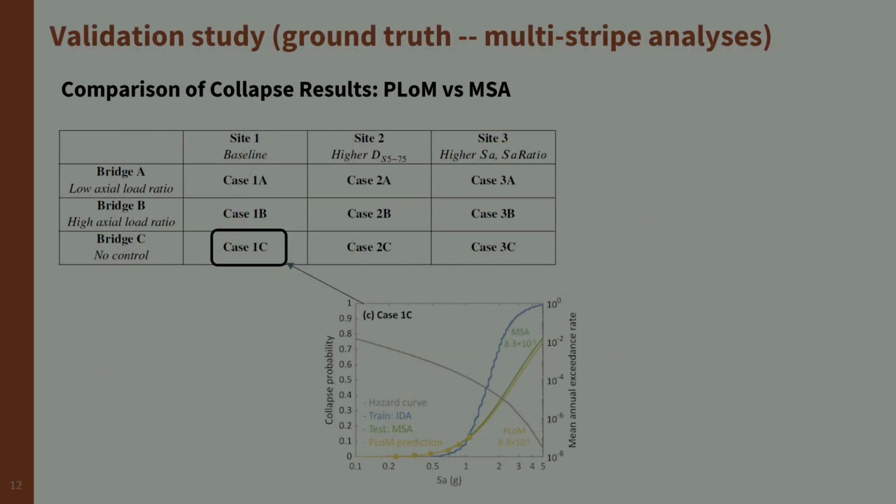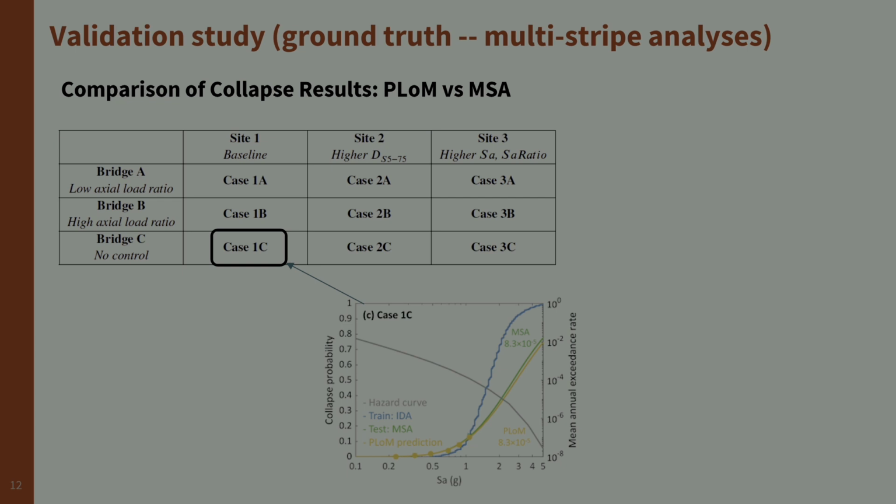So the comparisons we did is to run the surrogate model against this validation data, and just a snapshot of the results is, say, looking at the collapse performance shown down below. We'll look at a couple of these to characterize what we're seeing. So we're looking at the spectral acceleration versus probability of collapse. The blue curve is the overall training data set that we started with, and then the green and the yellow curve, one is the validation data and the other is the PLUM. And here you see the PLUM surrogate model is doing a good job of picking up that